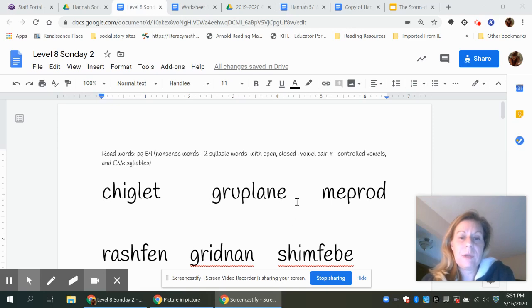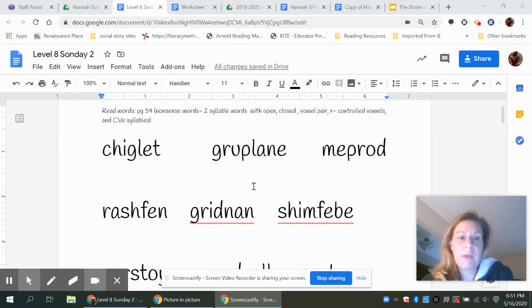Okay, now we're going to read some words, and here's where you're going to look at the screen. So these words are actually in your packet, and it's page 54. They're nonsense words. They're 2-syllable words with open, closed vowel pairs, R-controlled vowels, and CVE syllables. So I will say them, and then you can pause the video, and then you can practice them on your own. So the first word is chiglet,